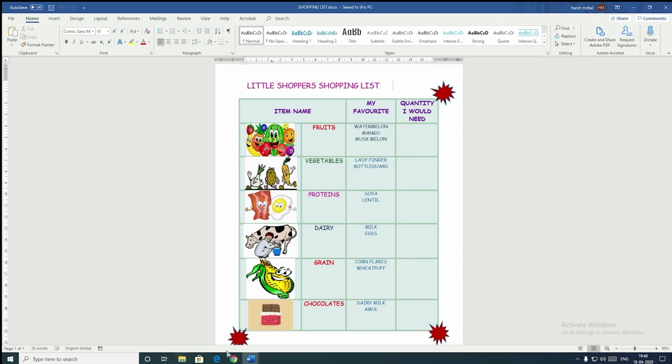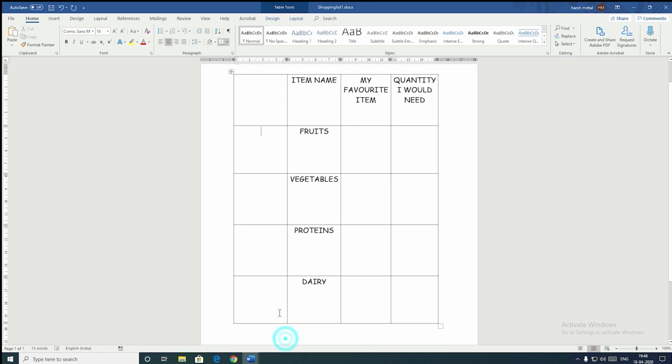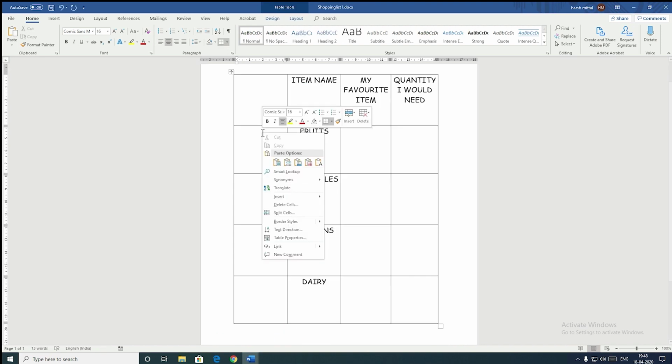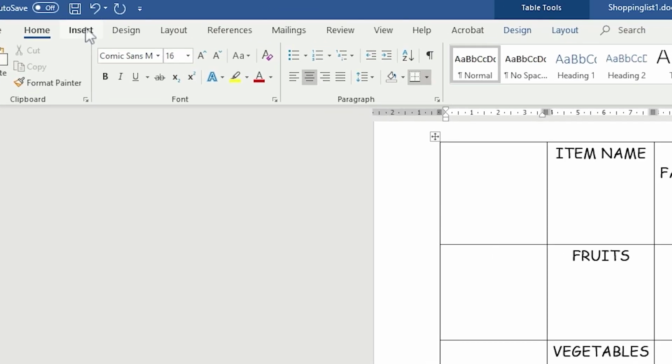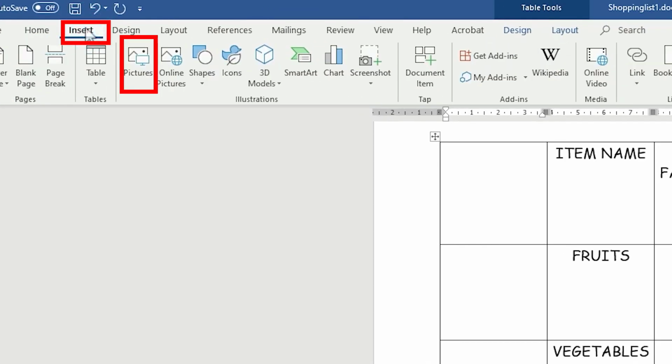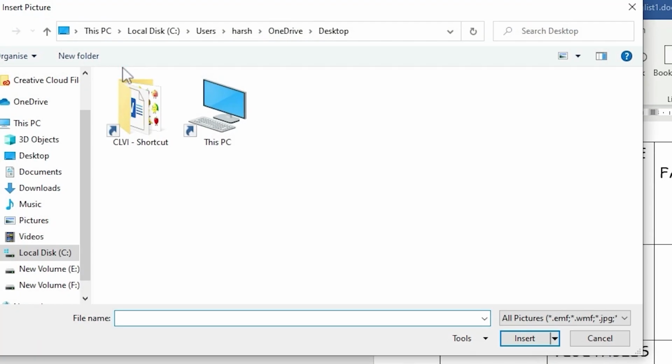Now once we have taken the images, I'll simply move to my table, right click on it, and if I don't want to right click, I forget, I'll again go to insert. Whenever we need to insert a thing, we go to the insert option. Even for inserting the table, we went to insert option, table group. Now for going to pictures, we'll go to the insert option, illustration group. In insert option, illustration group, we have pictures.